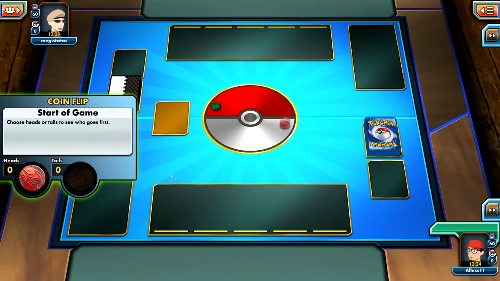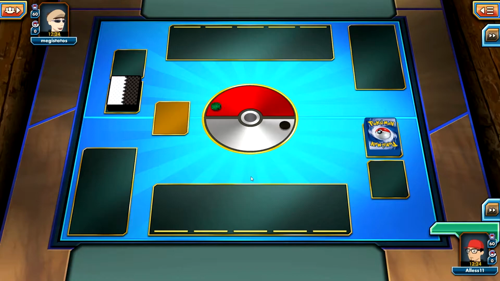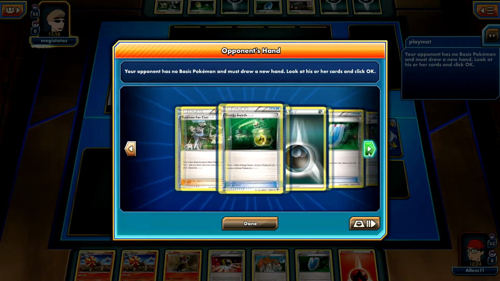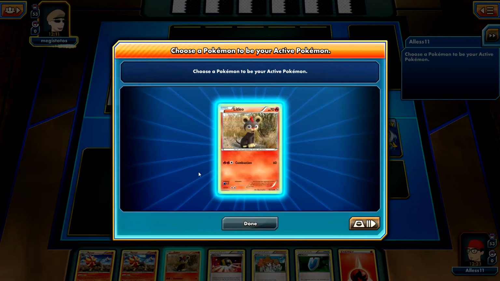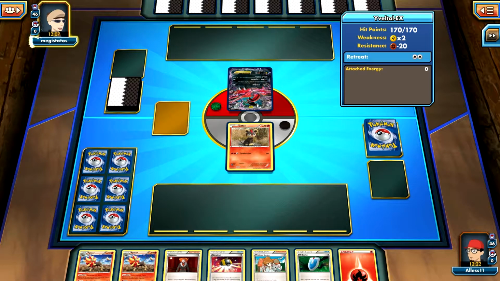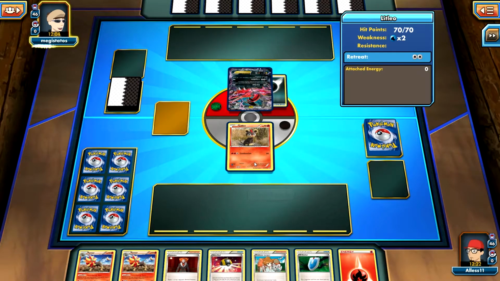And we start, so we choose head, but it's tails. And as I said in the previous video, statistics says that it's better to use tails in the start, because it's probably better to find this variant. It's more common. But we start with Litleo, and as well we have a Pyroar in our hand, so we can find another Litleo in our